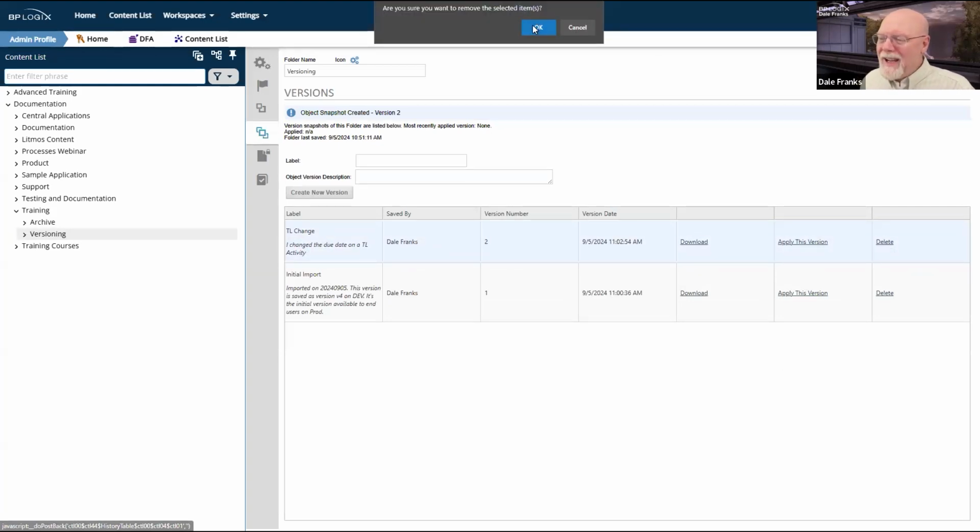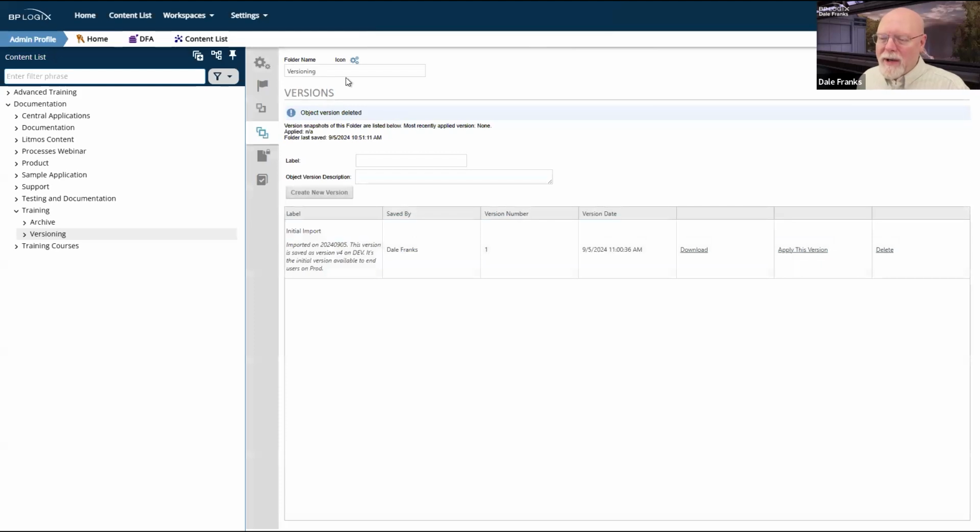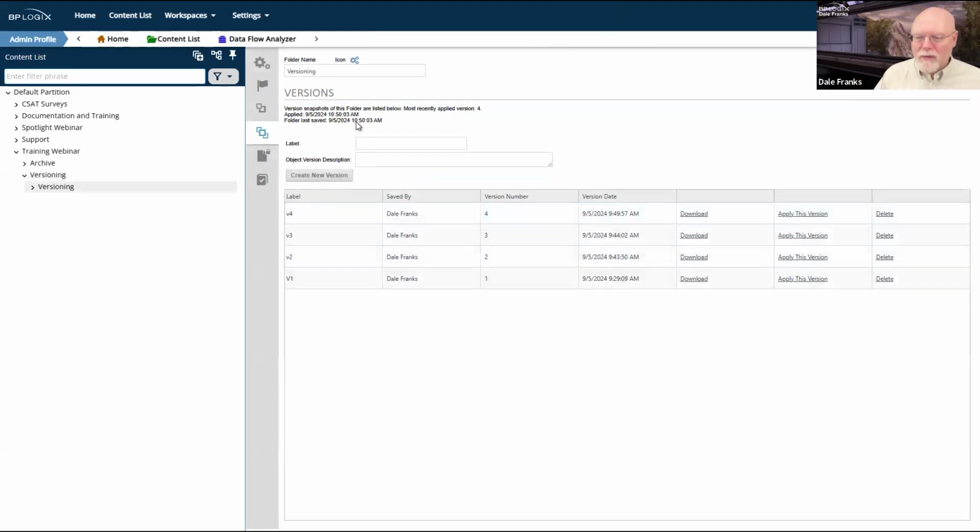What we're going to need to do is go back to the dev server, and we'll have to make that timeline change here. New TL activity due date. Great. Now I know what I've changed on this version. And by the way, this is probably the kind of note that you need to have on the development versions that you create.